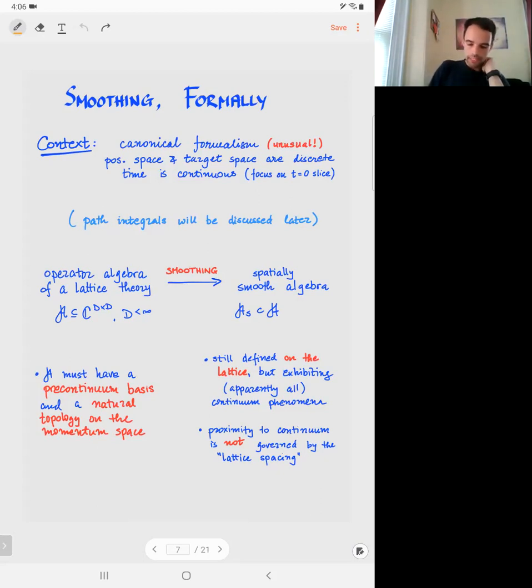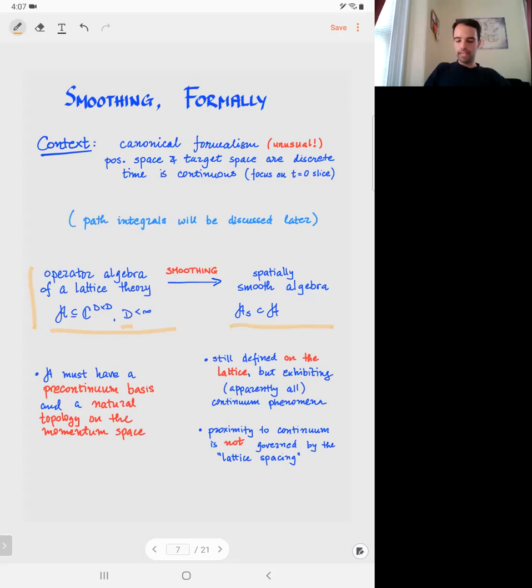So the main thing is to define an operation that I call smoothing, which acts on operator algebras. So it's a very general framework. If you start from some lattice theory whose operator algebra is just some possibly subalgebra of complex matrices of finite size D, and if this theory, the algebra plus the Hamiltonian, obeys certain requirements that I will spell out, then you can perform this procedure and reduce to